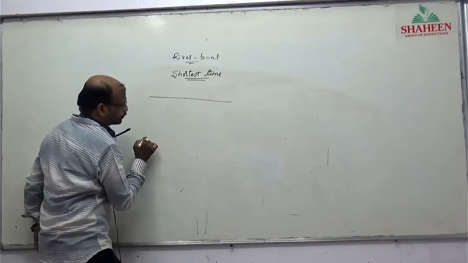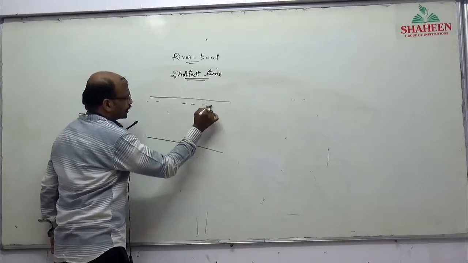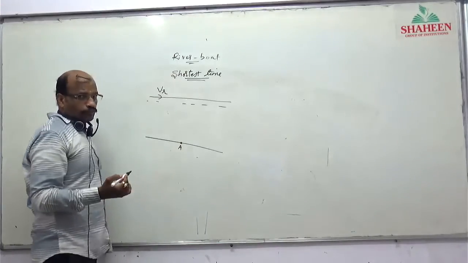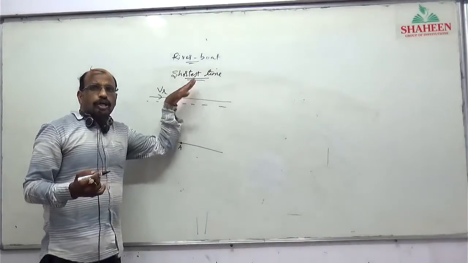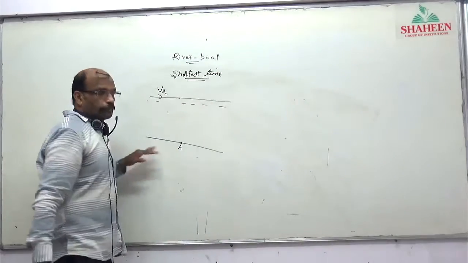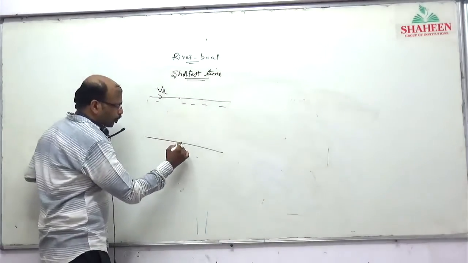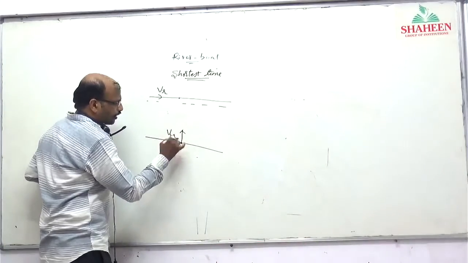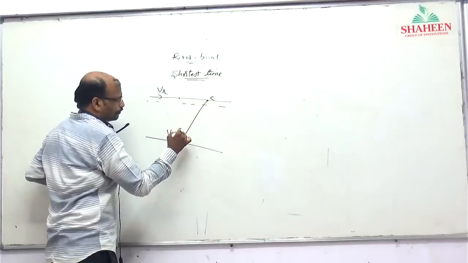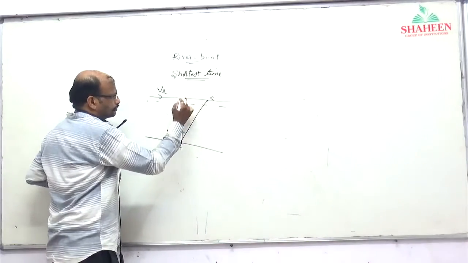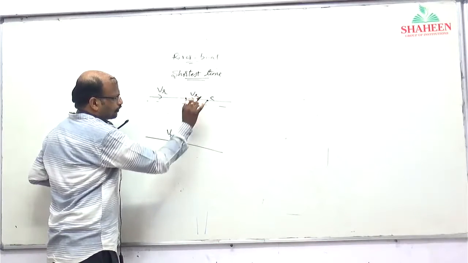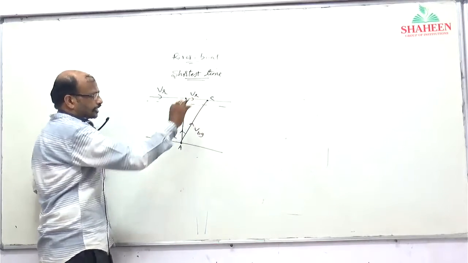means same case, same situation. River is flowing in this direction with a velocity VR, and a boatman wants to reach from point A to the opposite shore, anywhere on the opposite side. So he is rowing his boat straight away like this, VBR. Because of river push, it will move somewhere here. It may reach somewhere here at some point C. Is it clear? So velocity of boat with respect to river VBR is in this direction, velocity of river in this direction.